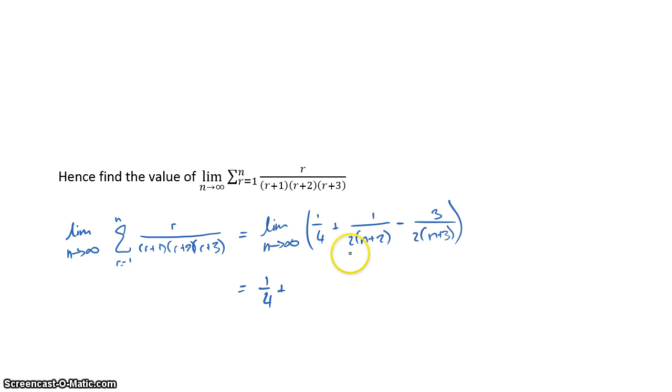Well, as n gets very, very big, the whole thing, 1 over 2 times 2n plus 2, is going to get very, very small. Like if we put in n equals 1,000,000, then you've basically got 1 over 2,000,002. That's a very, very small number. It's very close to 0. So the limit is going to be 0. And similarly, the limit for this one, it doesn't matter that we've got a 3 on top. 3 times a tiny number is still a minuscule number. So this one is going to be minus 0 as well. So the limit is 1 over